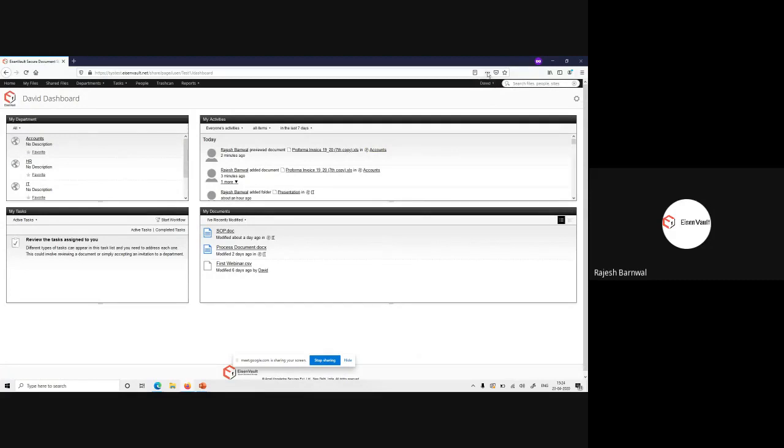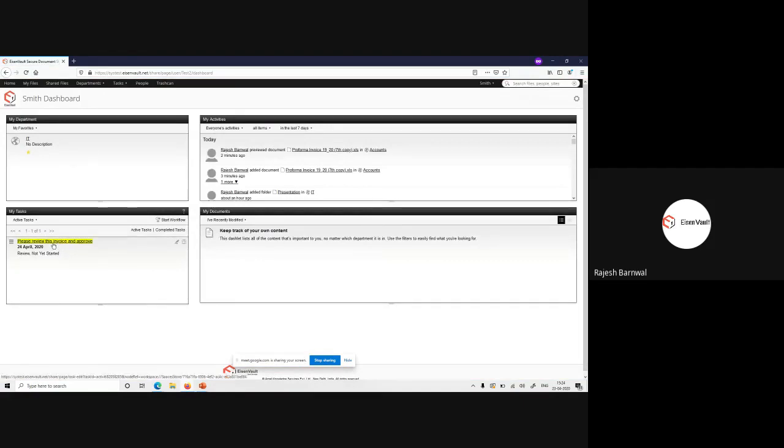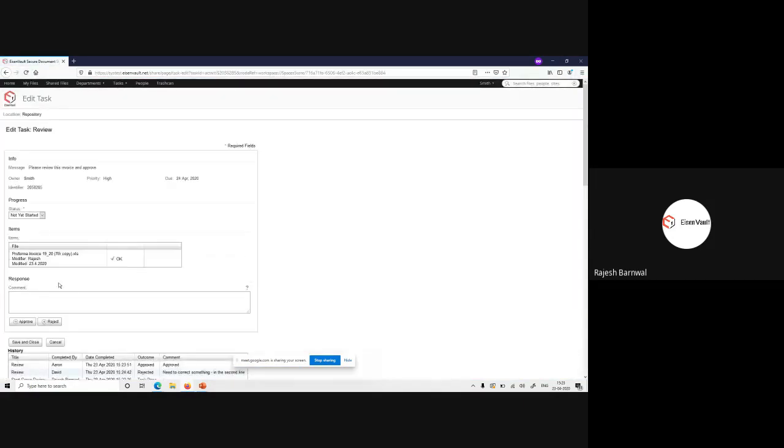So let's say Smith again reviews this task. You see, Smith also received this task. So now again, let's say I reject this document.